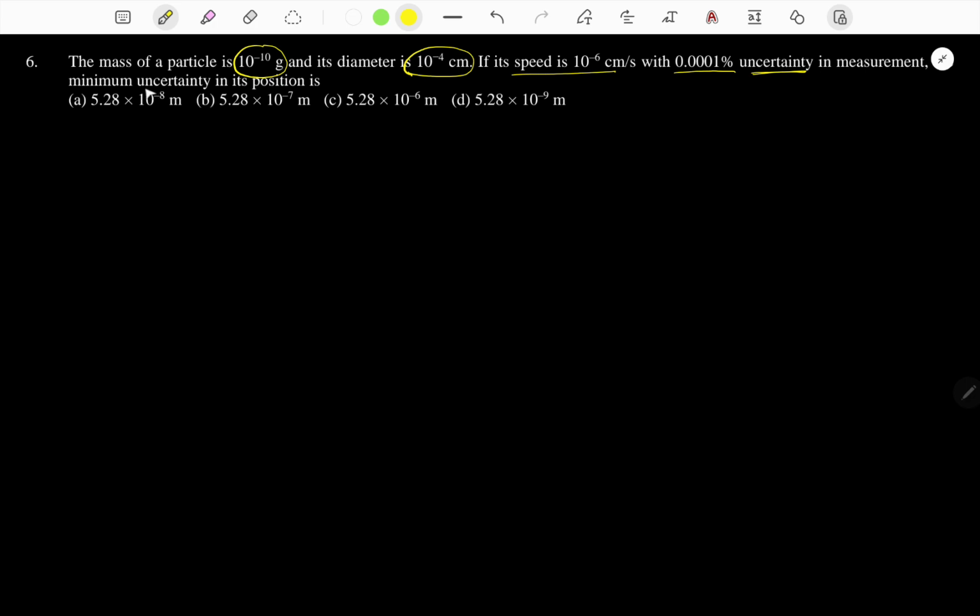When you are talking about uncertainty, this is the Heisenberg uncertainty principle. According to Heisenberg uncertainty principle, delta x into delta p, uncertainty in position into uncertainty in momentum, is greater than or equal to h by 4 pi. And this can be written as delta x into m into delta v greater than or equal to h by 4 pi, because momentum is equal to mass into